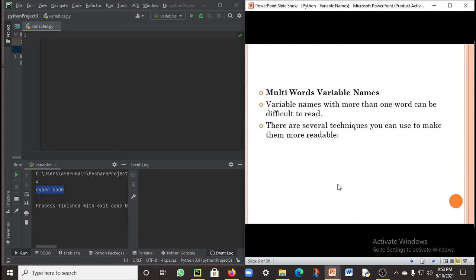So what's ahead? Multi-word variable names. Variable names with more than one word can be difficult to read, and there are several techniques you can use to make them more readable.